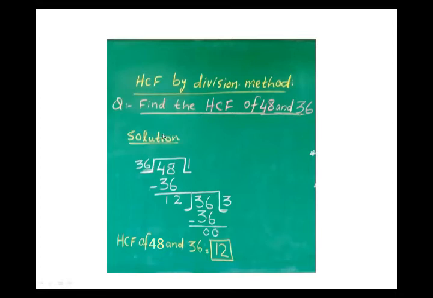If you understand this method, you can easily solve your book exercise at page number 22. In this exercise, the question is to find the HCF. You have a choice: you can solve all these questions by using the factor method or the division method. But you can solve half the questions with the division method and half with the factor method. In this exercise you have 18 questions, so you should solve 9 questions by the division method and the other 9 by the factor method. If you have any question, you can ask. I will give you the answer.